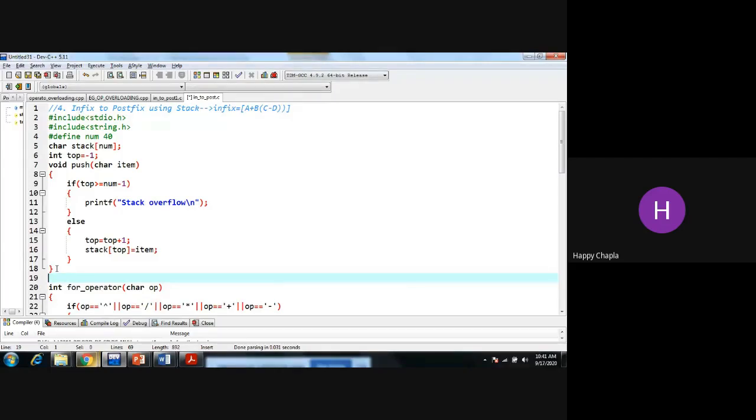Yes, so how can we check that? For that we need to write the pop. Then and only then we can check the top of the stack variable. Okay, so if I am writing void, it will not return me anything. And if it will not return me anything, how can I check the top of this stack?